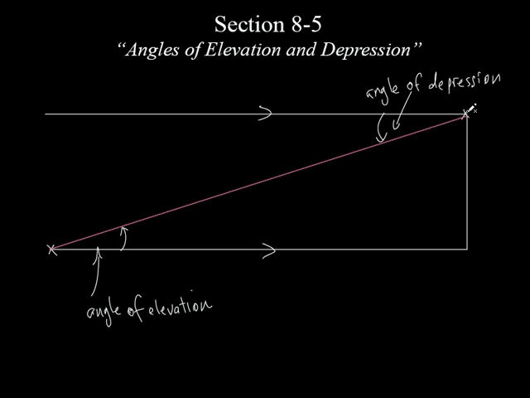So if I was standing up here and I was looking straight across, and then I said, oh, wait a minute, down here is a boat I'm looking at. So where does my eye go? My eye goes down to here to this line of sight, and it looks at this boat down here. That would be the angle of depression. But what does it form, though? It forms this right triangle, and so this angle of depression is the exact same angle as this angle of